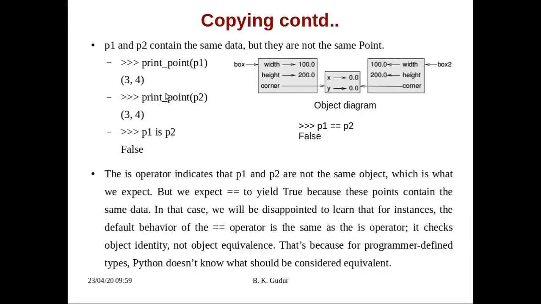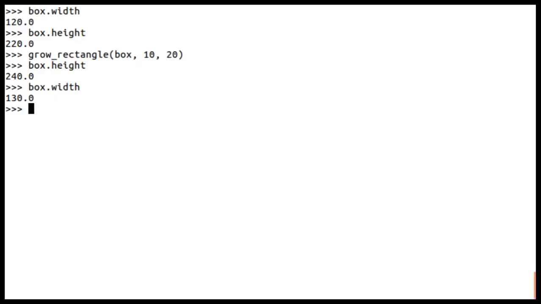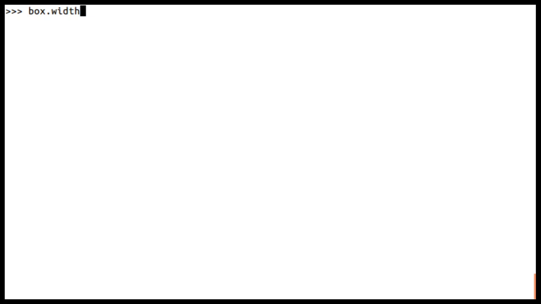We already have a class called Point, and let me create one. We'll execute this and see. p1 is equal to Point.